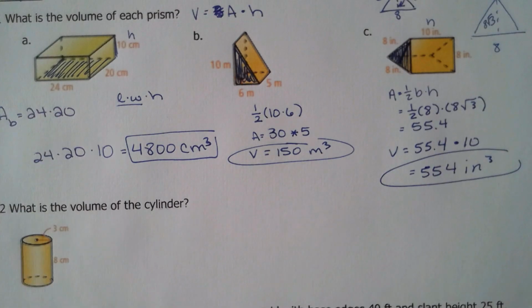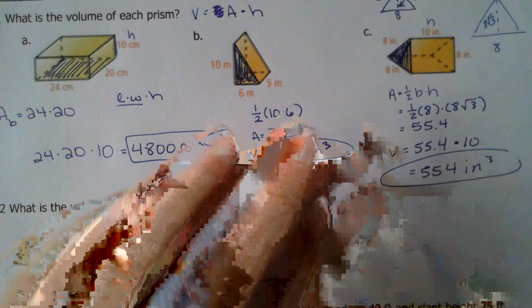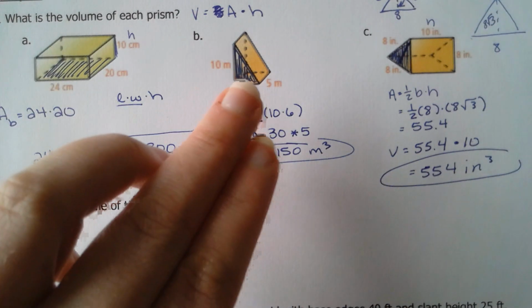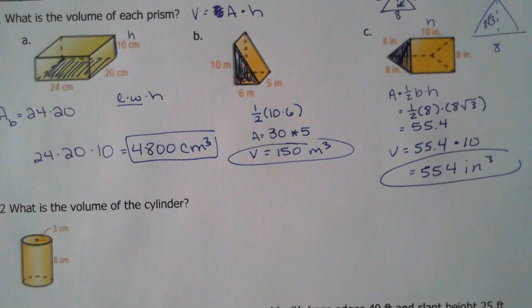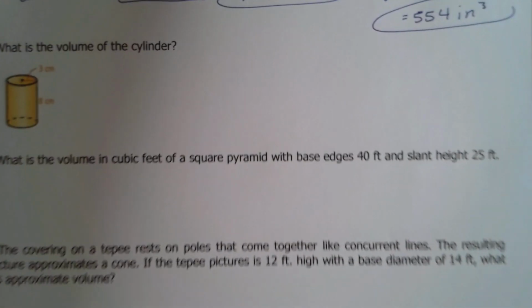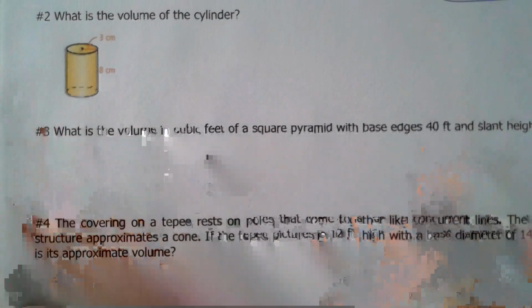Okay, so we've done 3 different volumes. We've done one really easy volume of a rectangular prism, one that you guys are really familiar with, and 2 different triangular prisms, one where we found the area of the base pretty easily, and one where we had to do some extra work to find that volume. So just keep in mind that we're not just reviewing volume from 8th grade. We are doing volume in a way that we are utilizing tricks and skills we have learned in the last couple chapters. That being said, let's move on to question 2,